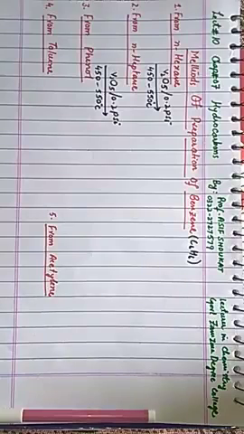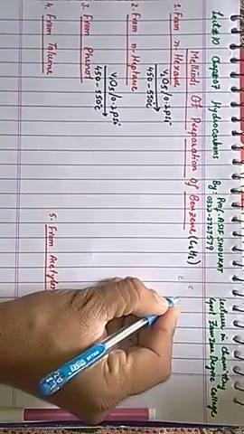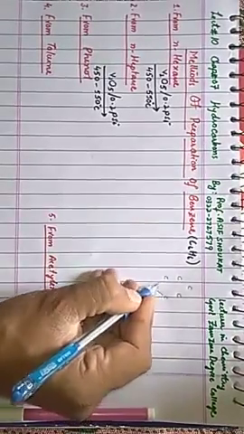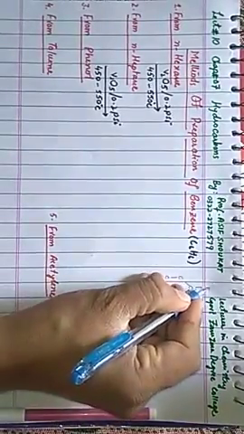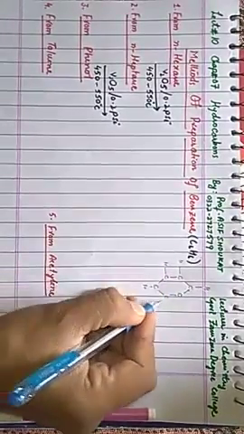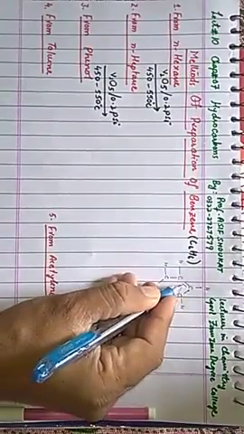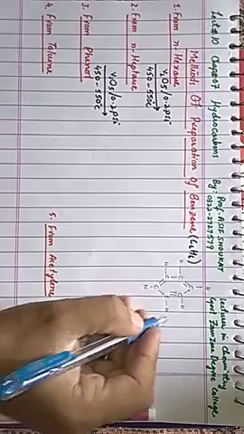C6H6 is the chemical formula of benzene. Its structure is a six-membered carbon ring in which a system of conjugate bonding exists, each carbon bonded with one hydrogen. The system of conjugate bonding is this one: double bond, then single, then again double, single, then again double. In this way, double and single bonds are being made.